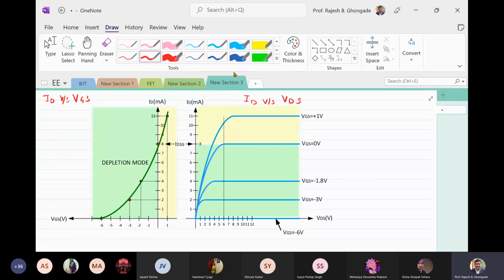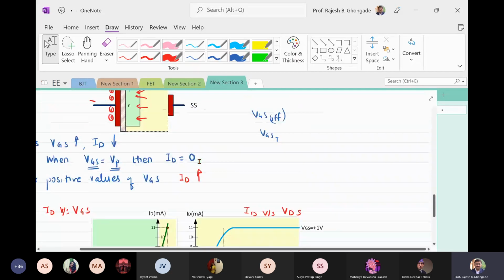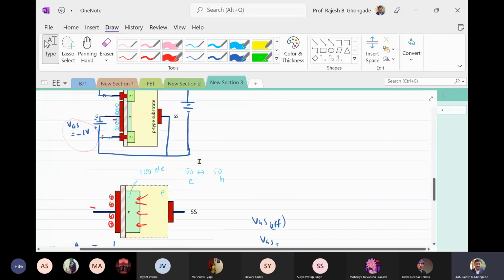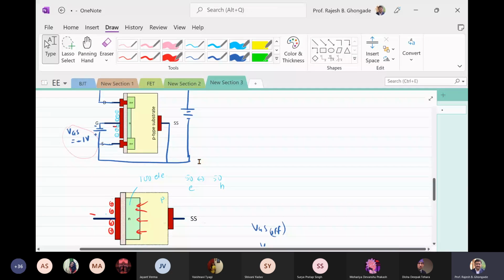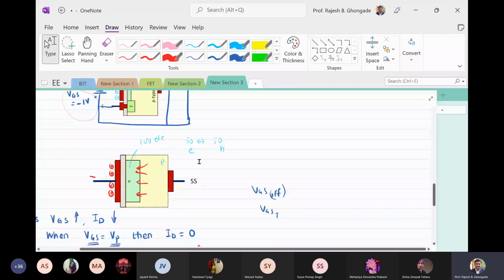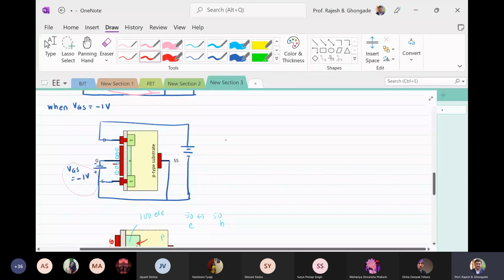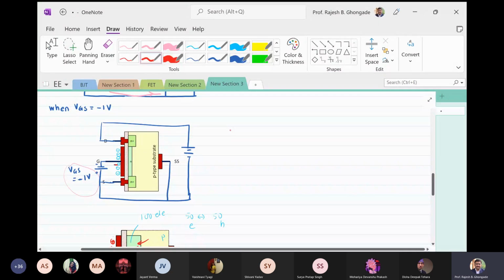Why is this device called a depletion mode device? Do you know this? No? Okay. So why is it called depletion mode? Because as you go on increasing the negative bias for VGS, so if I increase VGS in the negative direction,